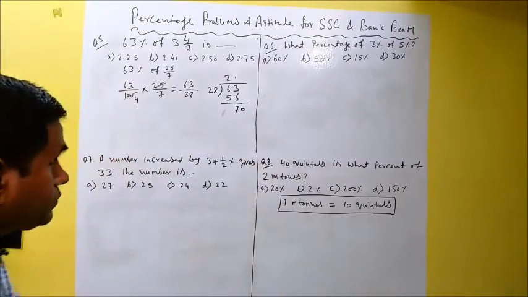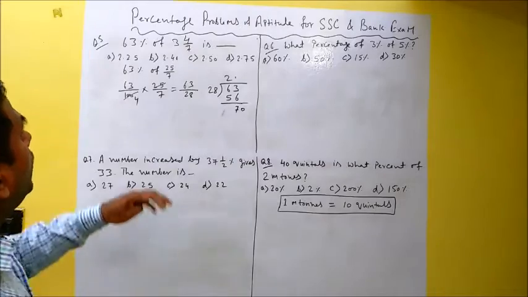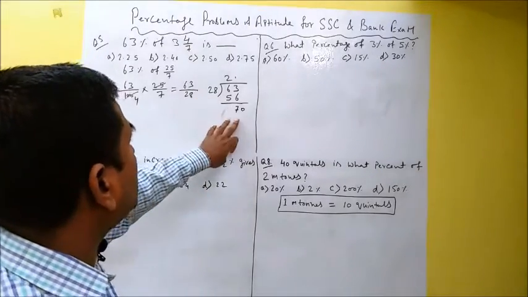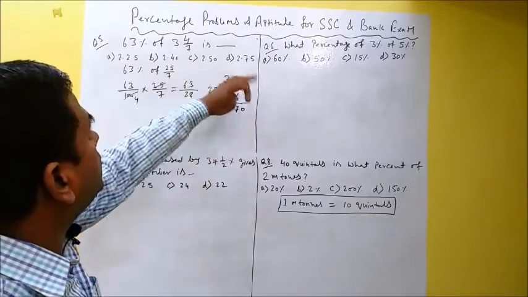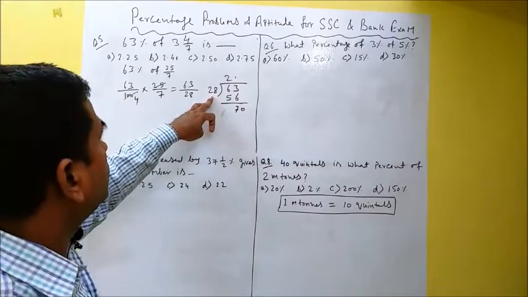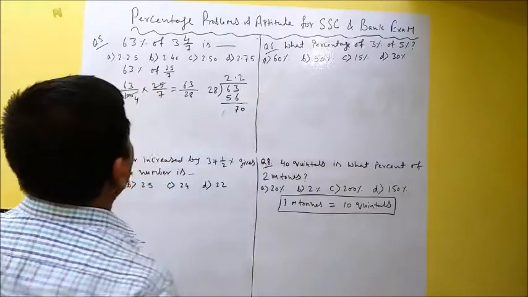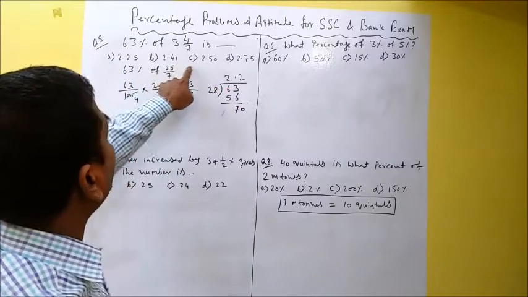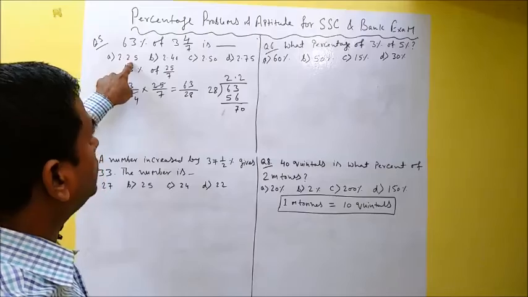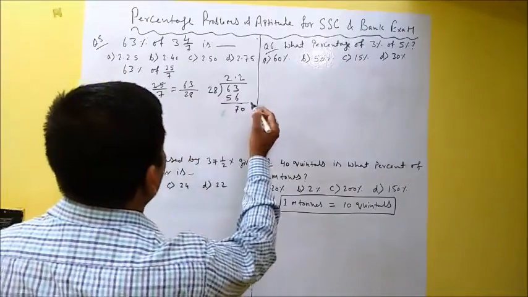Now 70 and 28. So if I just assume 28 as 30, 3 3s are 90, which will not go, and then 3 is not there. So definitely it will go 2 times again, not 3 times, 2 times. So 2.2 in the answer, if I see here, I am getting 2.2, right? So this will be the answer. Now I'll do the complete division and let's see 2.2.